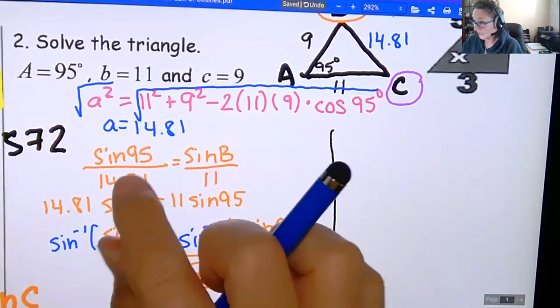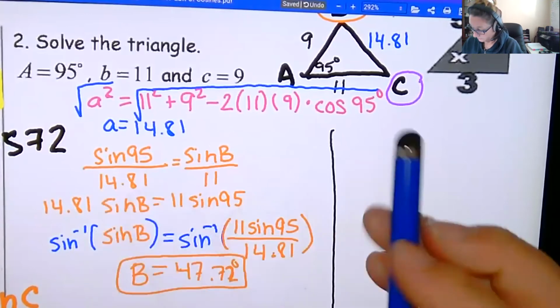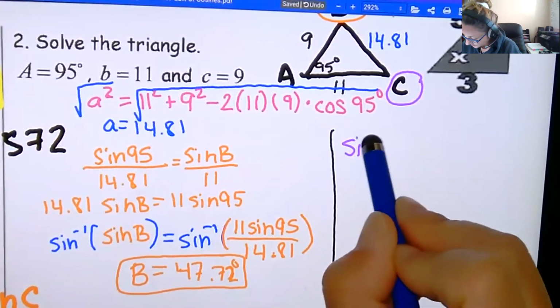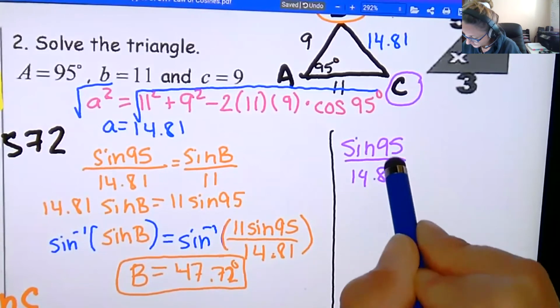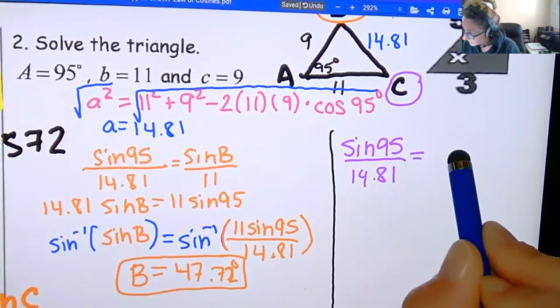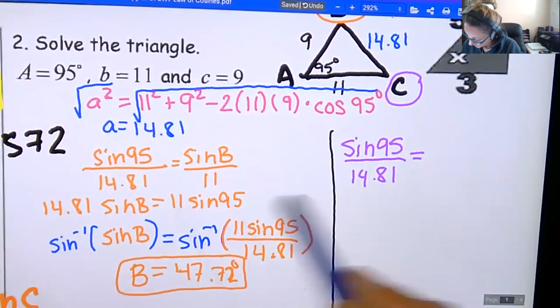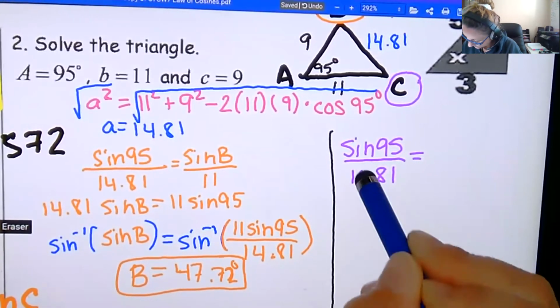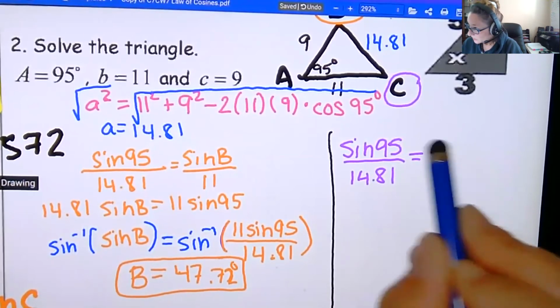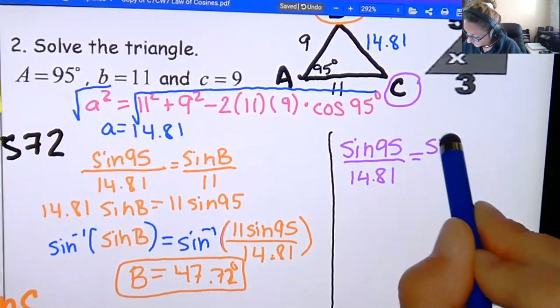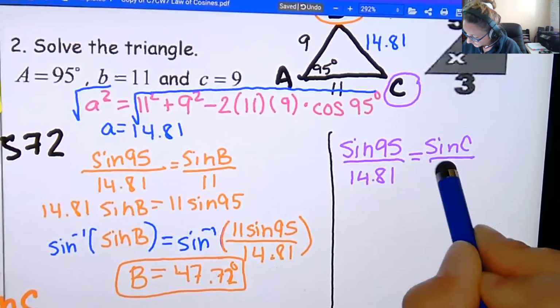So again, I'm basically going to copy this whole thing here. I'm going to do sine of 95 over 14.81 equals, and that's a 14. I don't want people to think it's a 9. 14. Okay, and on the other side, I'm going to have sine of c over 9, and I'm going to